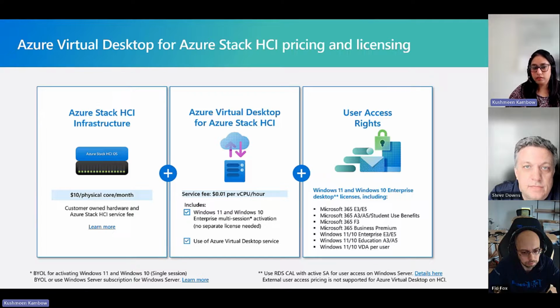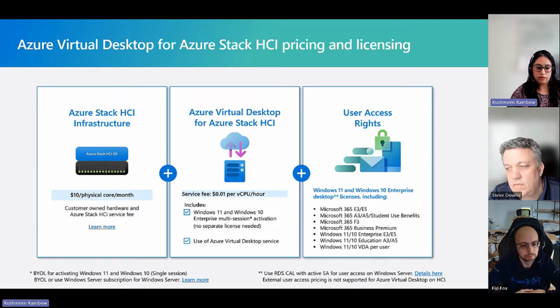What's new is the middle box, which is the AVD on Stack HCI service fee. So it's a consumption-based fee, which will be charged at 1 cent per vCPU per hour of consumption. The service fee has not kicked in yet. It's going to start billing from April 1st of this year. And what this service includes is the ability to use AVD service on Stack HCI.